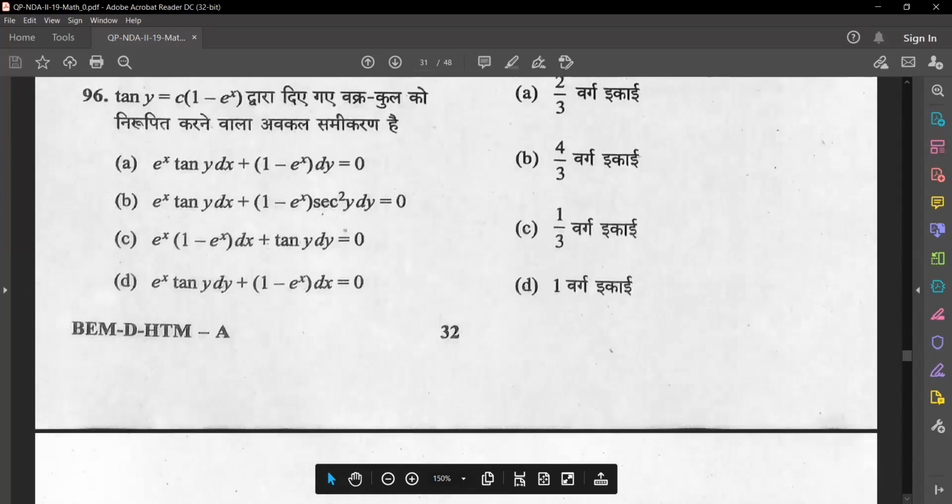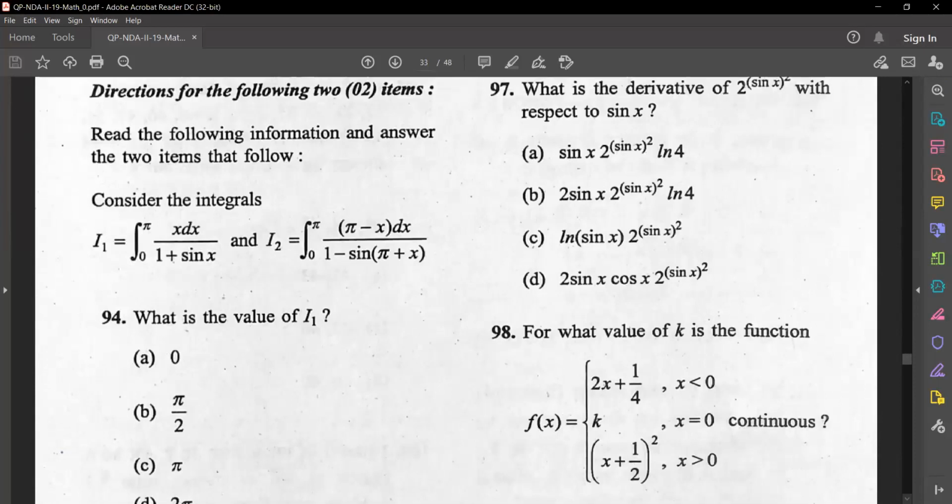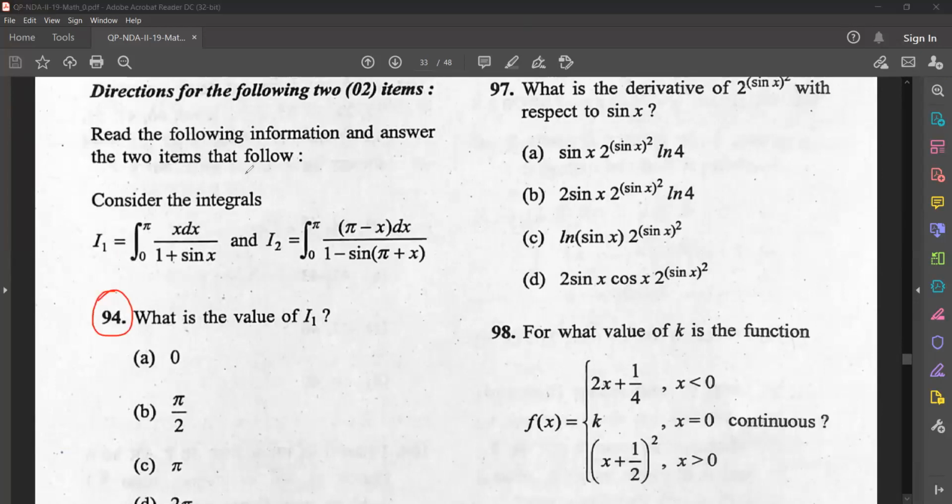Okay, so see the next question. 94th question. Read the following information and answer the two items that follow. Consider the integrals. I1 is equal to integral 0 to pi x dx by 1 plus sin x. And I2 is equal to integral 0 to pi minus x dx by 1 minus sine pi plus x. What is the value of